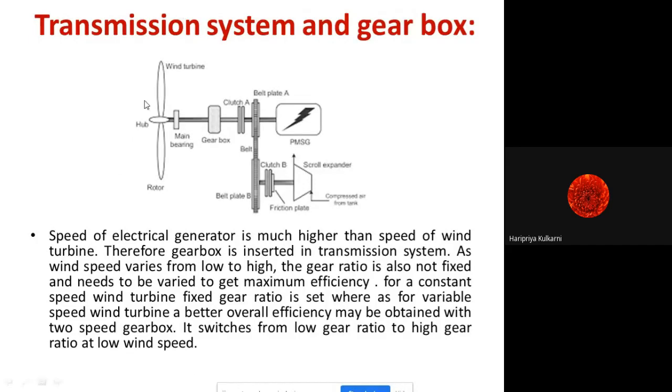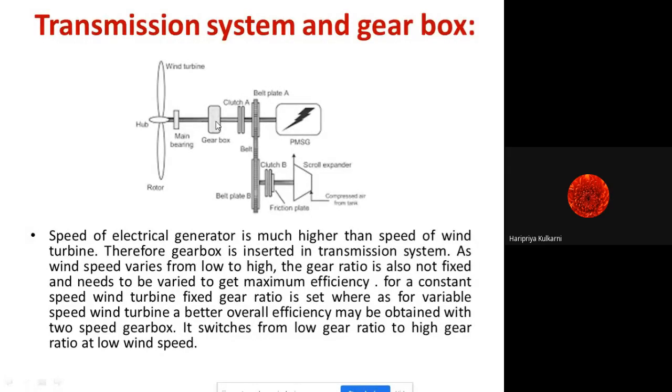So the diagram is very simple. This is a rotor, and a two blade system is shown. It will rotate. It is the main bearing. Okay, so it will rotate with the help of natural air. I mean, natural air will drive this rotor and there will be rotational power available at the shaft.